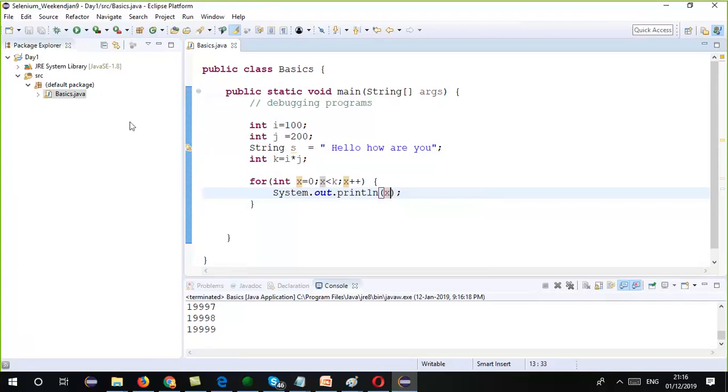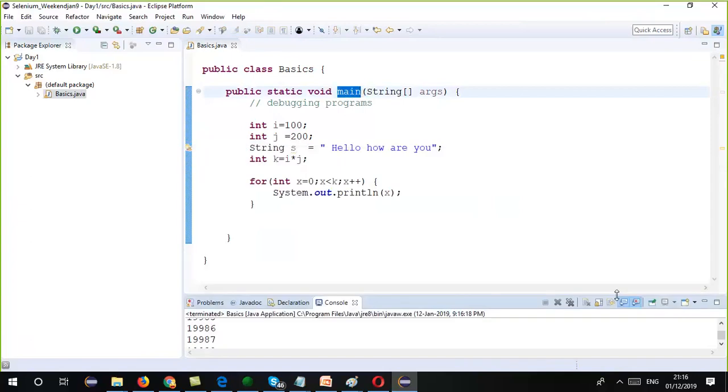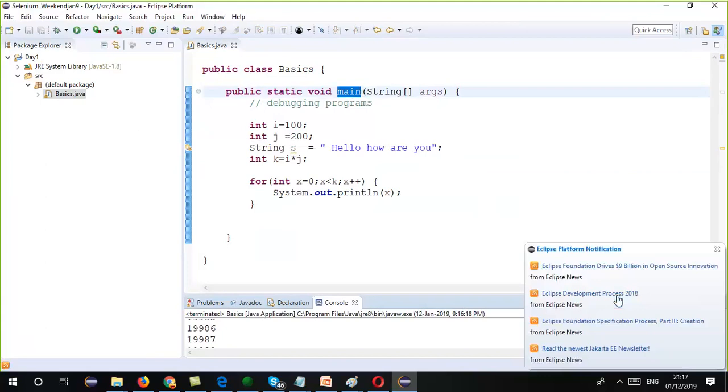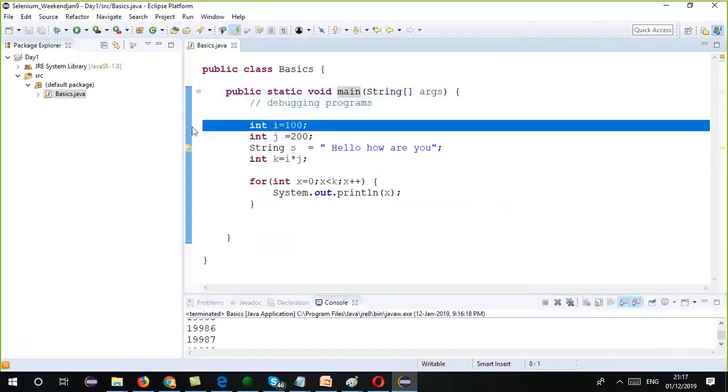Now out here, this is Basics.java, and this is the main function. And it has executed. It's printed a few lines, right? Now you can actually run it line by line, and to do that you have to do debugging, and you can debug it by double clicking in front